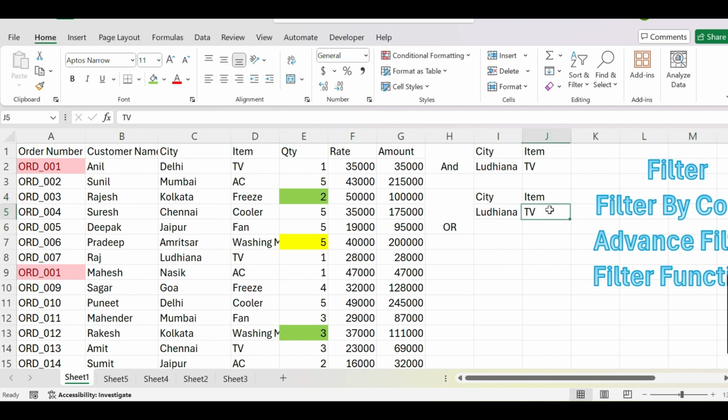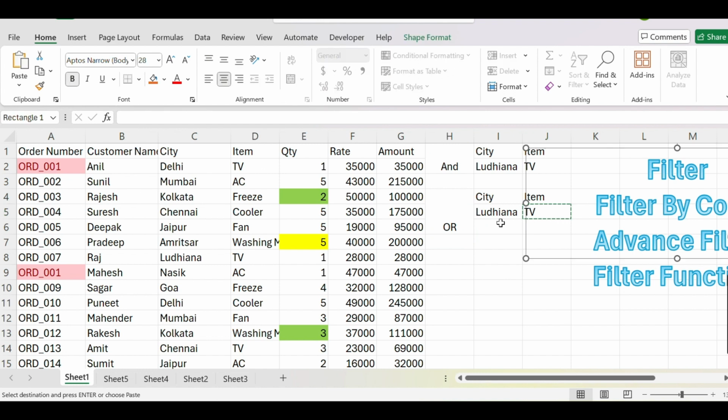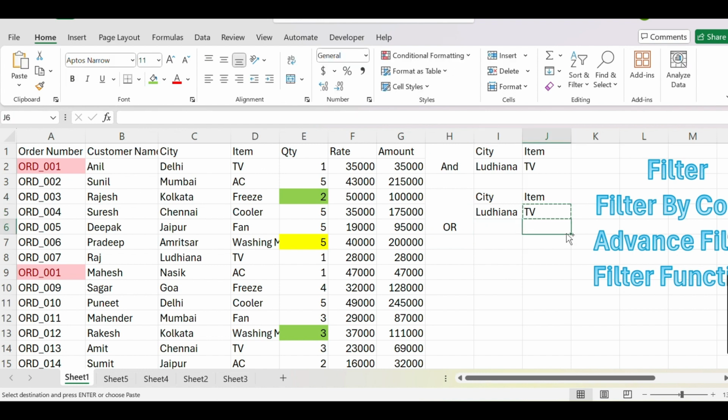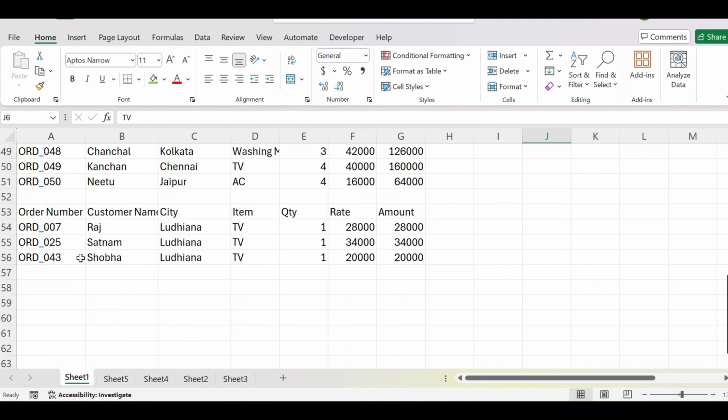Okay, so what we will do now, we will paste the TV here. Okay, so now we are taking city as Ludhiana, item could be any, or city could be any, but item should be TV. So we are filtering the data for basically Ludhiana or TV. Okay, let me show you the result, then you guys will be able to understand it. This one is the AND